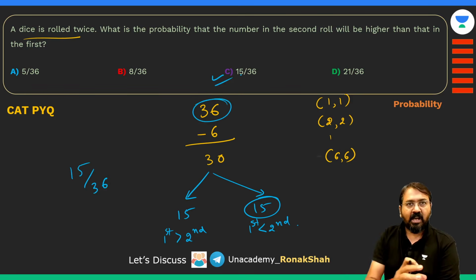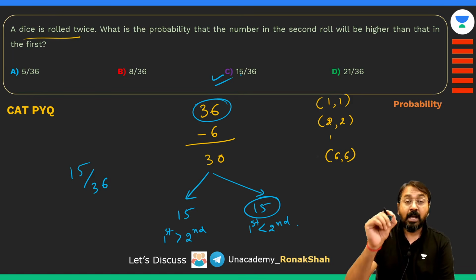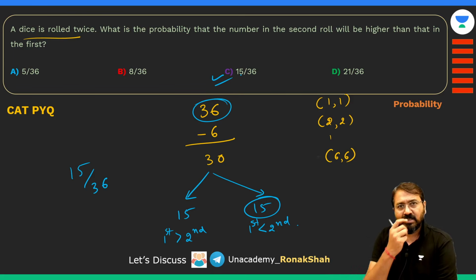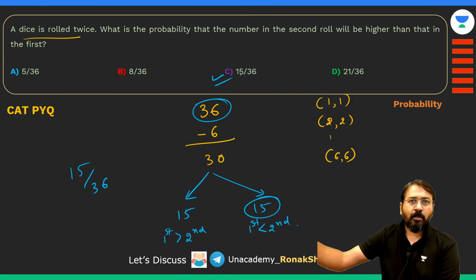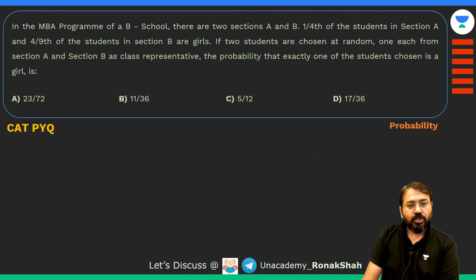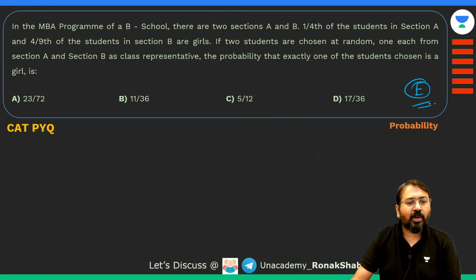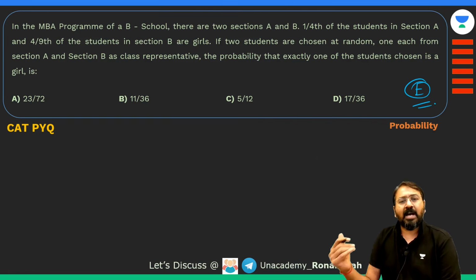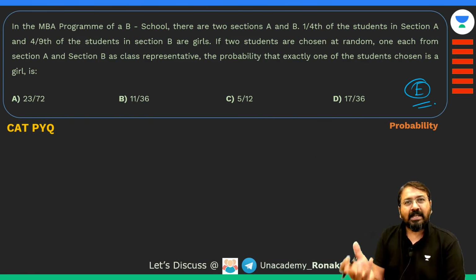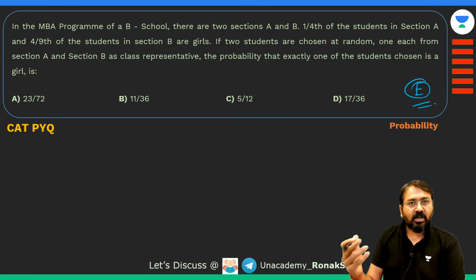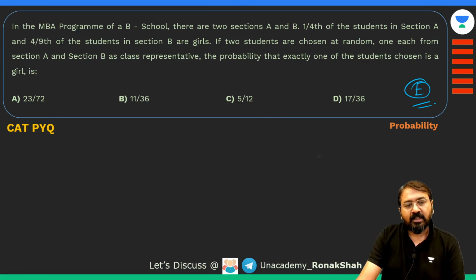ये क्वेश्चन मैंने इसलिए रखा, ऑफ कोर्स दिस इज अ CAT PYQ, बट आपका कॉन्सेप्ट क्लियर करवाना था, एंड आई जस्ट वांटेड टू टेल यू कि आप अलग तरीके से सोच सकते हो, जहां पे भी जितना इजी तरीके से कर सकते हो, डोंट गो गेट इनटू कॉम्प्लिकेटेड कैलकुलेशंस, ठीक है। चलो एक और क्वेश्चन लेते हैं, मेरे हिसाब से ये भी एक इजी क्वेश्चन है, क्योंकि अगर आप हिस्टोरिकली देखोगे तो प्रोबेबिलिटी के कोई टफ क्वेश्चन आते ही नहीं हैं, बहुत सिंपल से क्वेश्चन आते हैं। जैसे इसके बाद वाला भी मैं आपको क्वेश्चन दिखाऊंगा, आपको ऐसा लगेगा कि कॉम्प्लिकेटेड है बट है नहीं, सिर्फ उसका रिप्रेजेंटेशन थोड़ा सा कॉम्प्लिकेटेड वो रखते हैं।